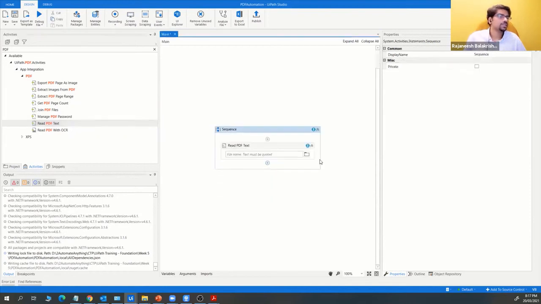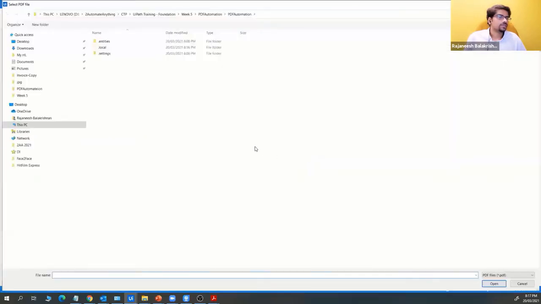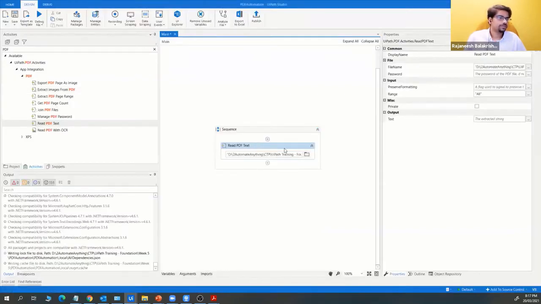Okay, so I need to map one of the PDFs that we have, and I'm just giving it one of the PDFs, right? I pointed to the PDF, and in the properties you need to give where this should be extracted.